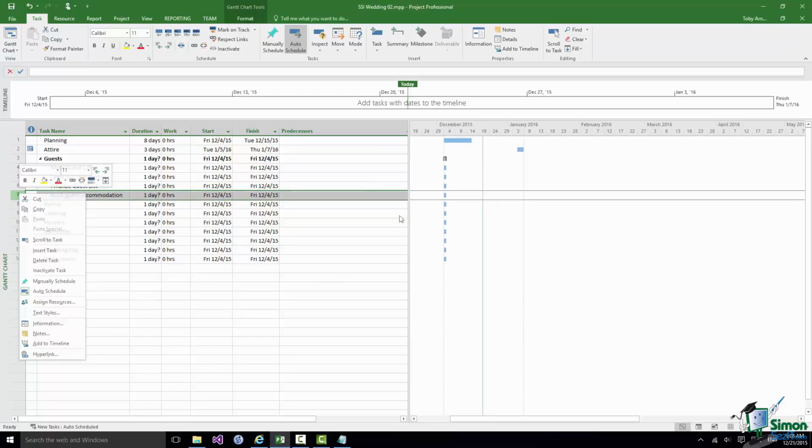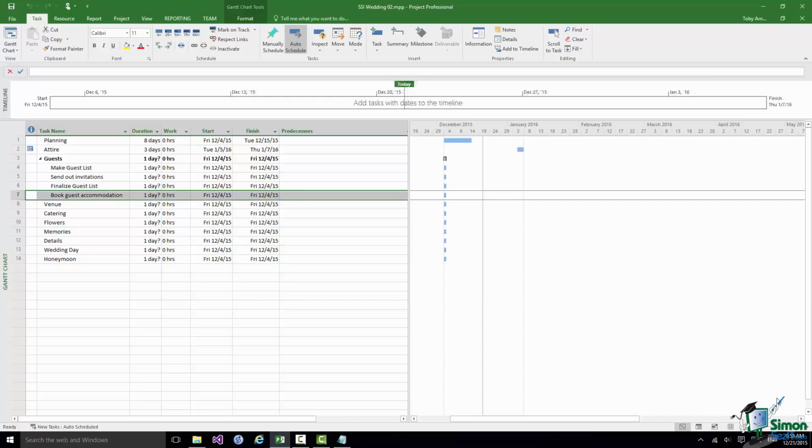So keep an eye open for those, because they often give you a very quick way of working on a task like this. Now at this point you may feel inclined to work out how long each of these tasks is going to take and when each of them needs to happen and so on. I don't want you to worry about any of those things at the moment. We're going to come back to durations and timescales and dependencies and so on as we go through the next sections on the course. All I want to do at the moment is to put in the structure of the project, and then we'll start to add the detail a little bit later on.